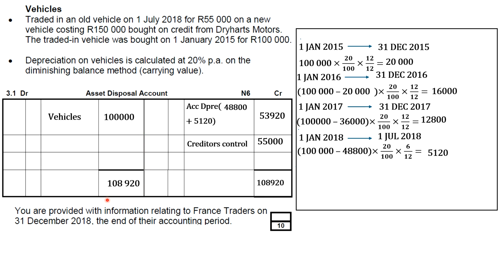Now, again, the most important part: if our balance carried down is on the credit side, we call that a loss on sale of asset. And if it's on the debit side, we call that a profit on sale of asset. In our case, it's going to be on the debit side. That means we made a profit on our asset. And the profit we made was 8,920, because when you take this and subtract this, you get this. So basically we're done. You have successfully completed your asset disposal account. That is how we complete our asset disposal account.